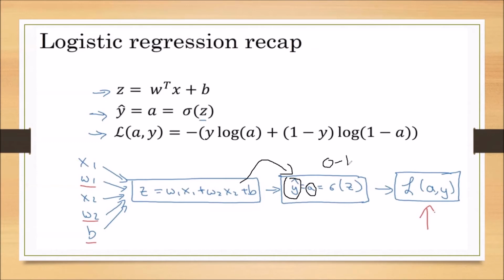Now, after we have predicted, we are checking whether the predicted value is matching with the original output or not. How can we get that? By using the loss function. So the loss function, finally, is giving the relationship between our predicted value and the original value.